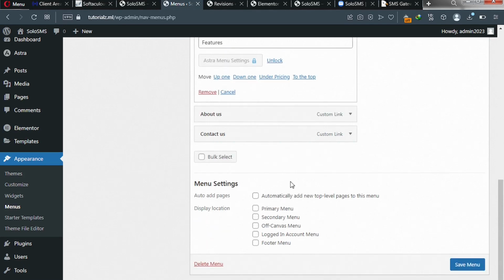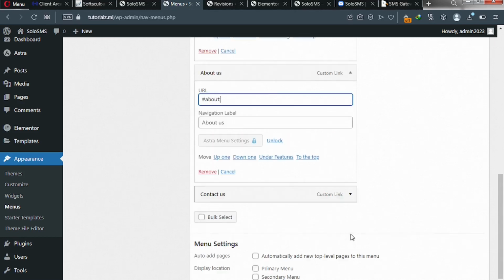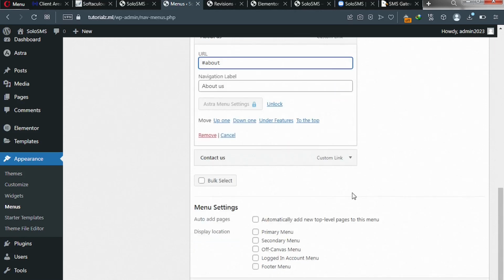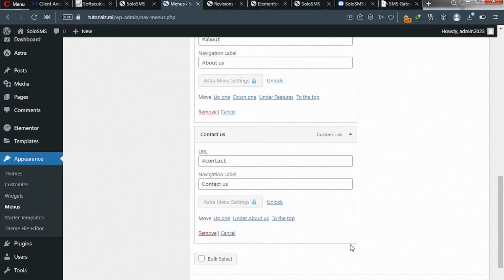Scroll down here and put about. Just put about, and then click on the contact and then type contact. After that, click on save changes. Okay,